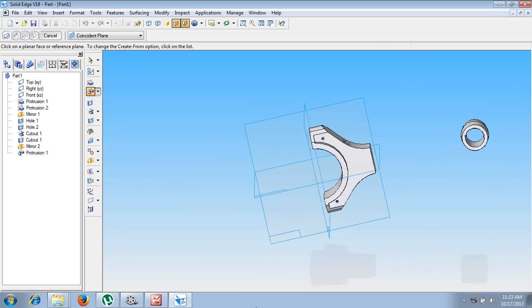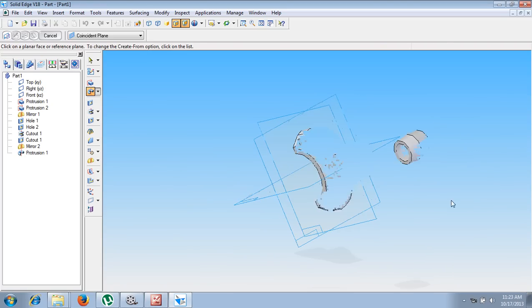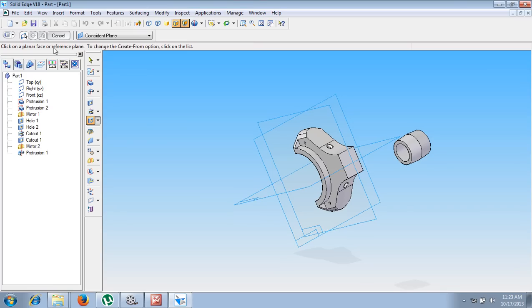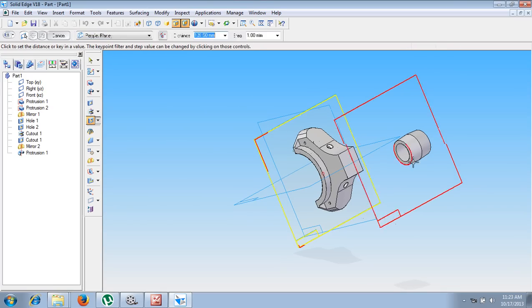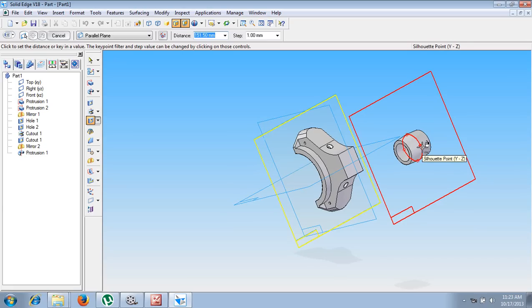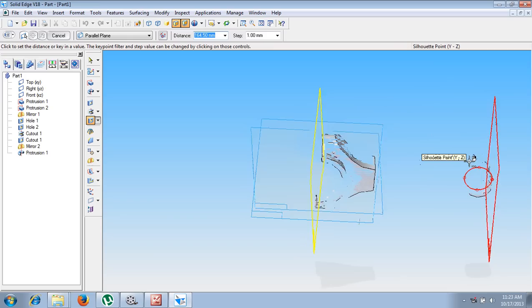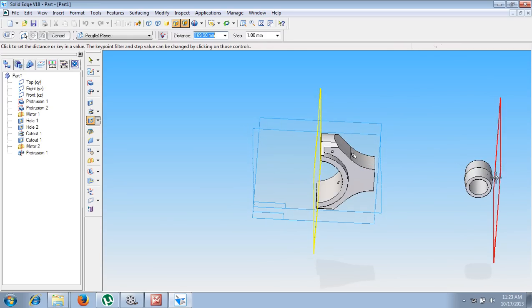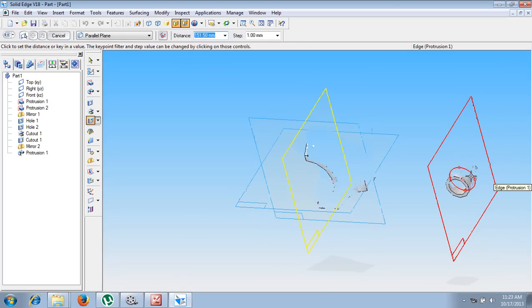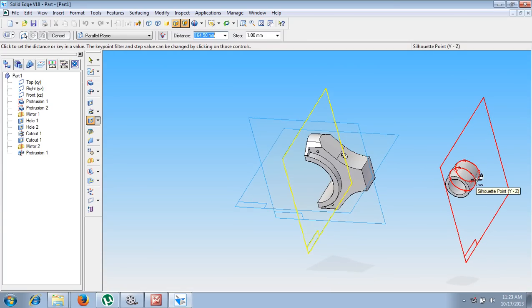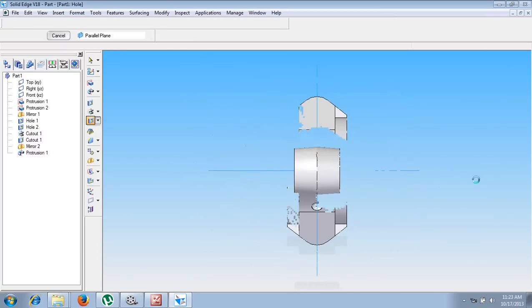Now after drawing this required portion, you can see we have a hole. How to create that hole? Go for a command called hole. Now instead of coincident plane, go for parallel plane. This plane is supposed to be parallel to this sheared point. Now you can see I am able to get this sheared point. Select this sheared point. Now you can see the sheared point distance is supposed to be 164.5. Select that as a sketching plane.